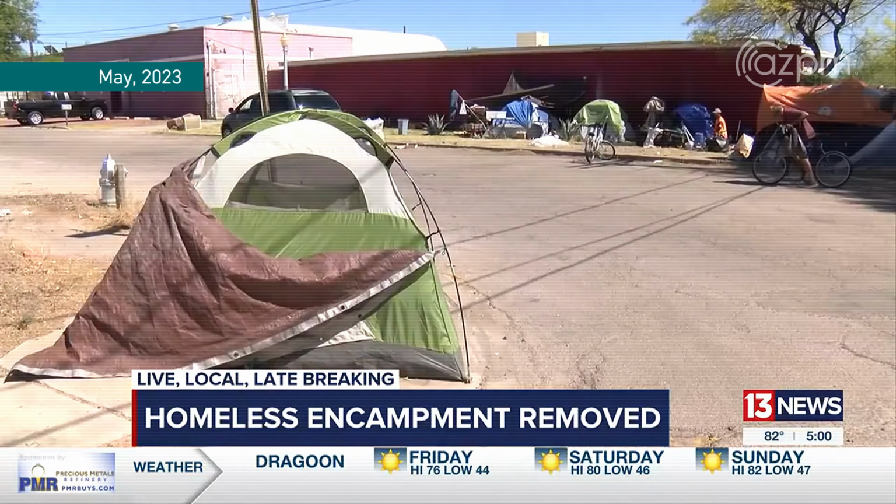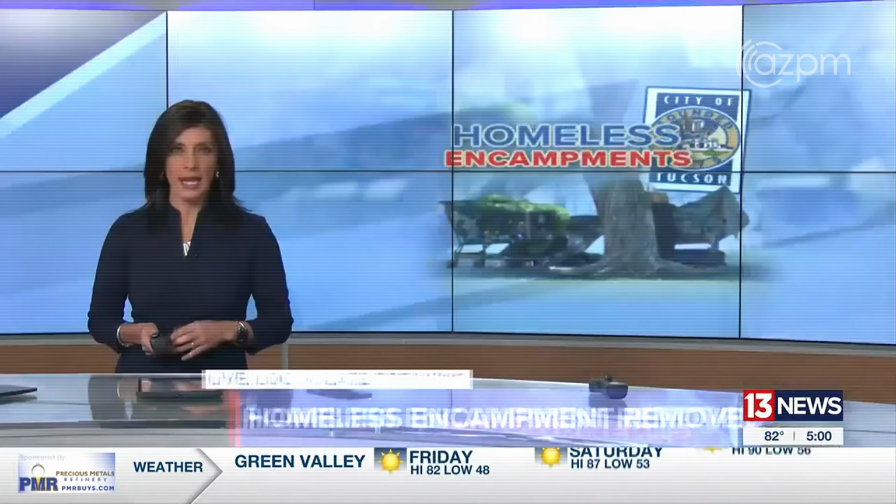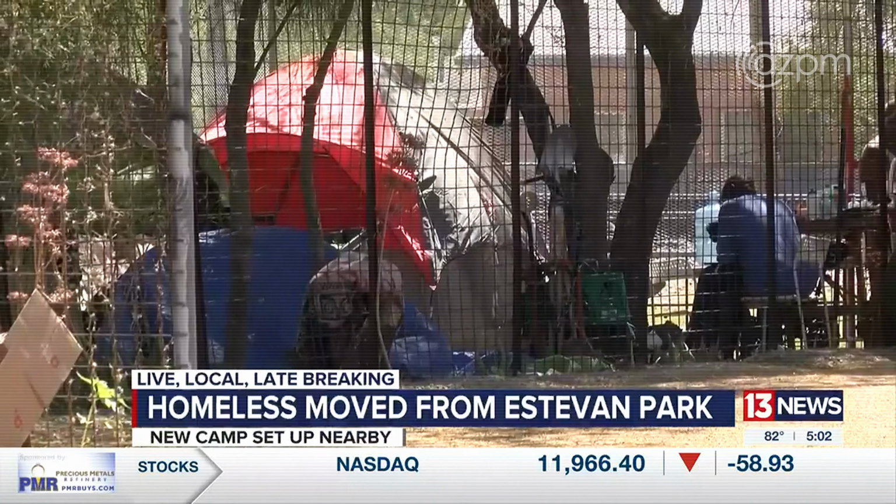Dozens of people are out on city streets after being removed from their encampment in Midtown. It's the latest development as Tucson leaders work to clean up homeless camps, and that effort is coming with pushback. The city says 80 people...